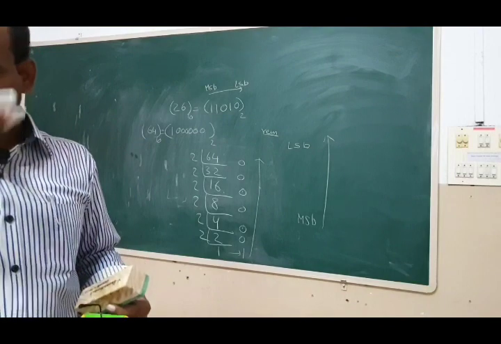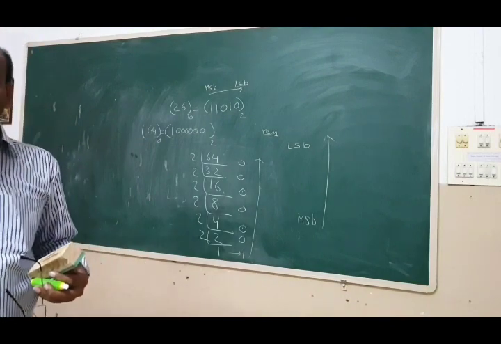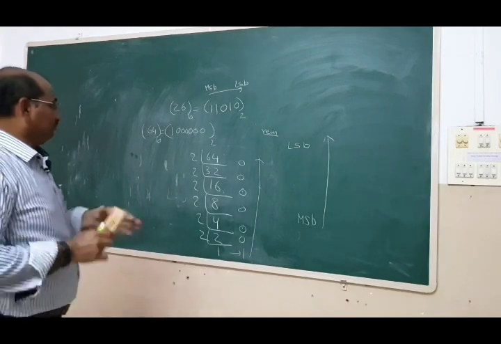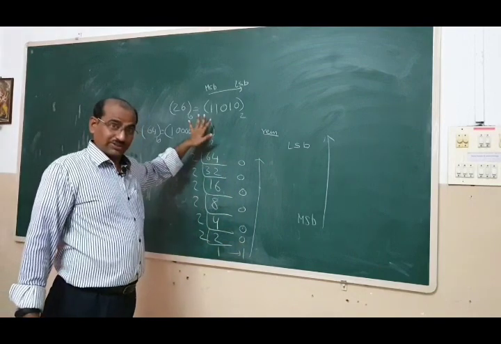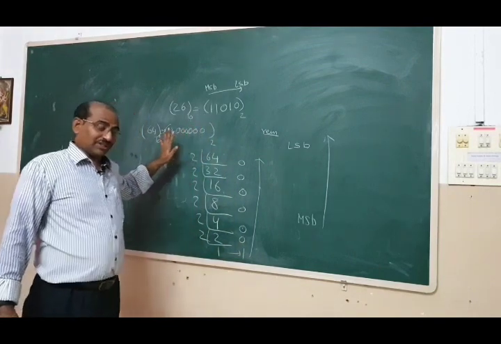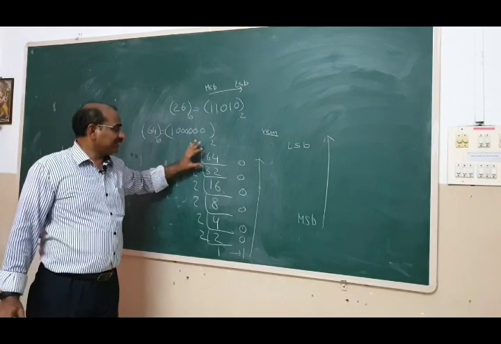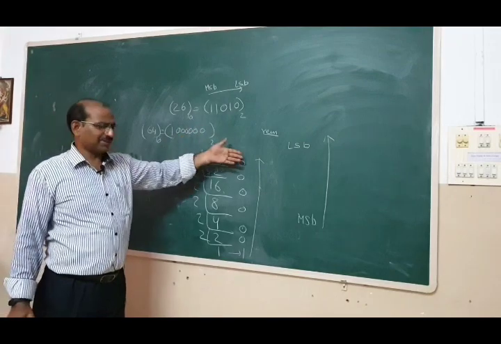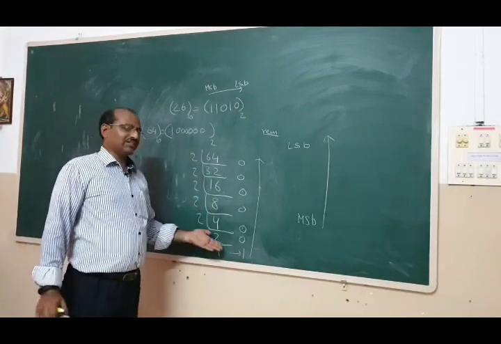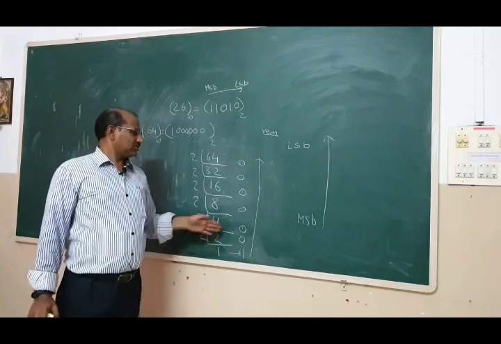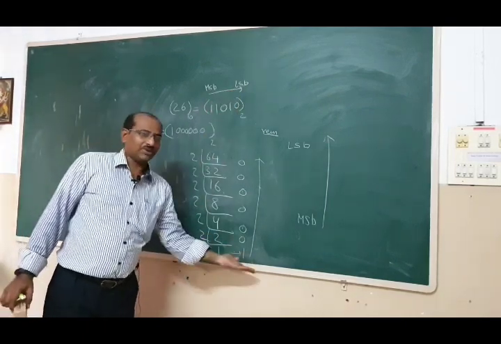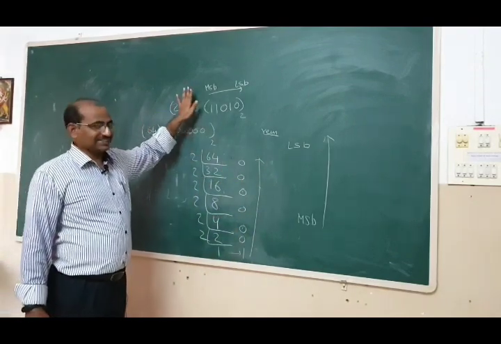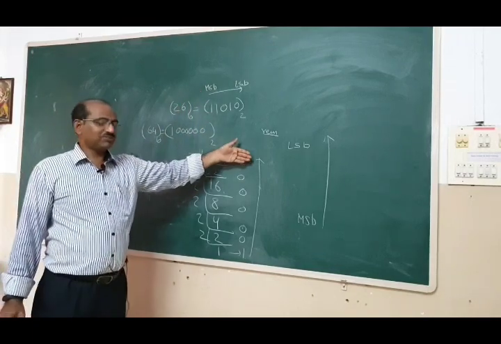Now after this we will go for fractional numbers. I hope you understood this carefully. Once again, see all these things what we are doing. We are periodically dividing the given decimal number with 2. Divide with 2, write the remainder, again do till you get a 2 or 1, right? So then you write from bottom to top. Bottommost one is the most significant, or when you write that is the left one, right? And topmost one is the least.